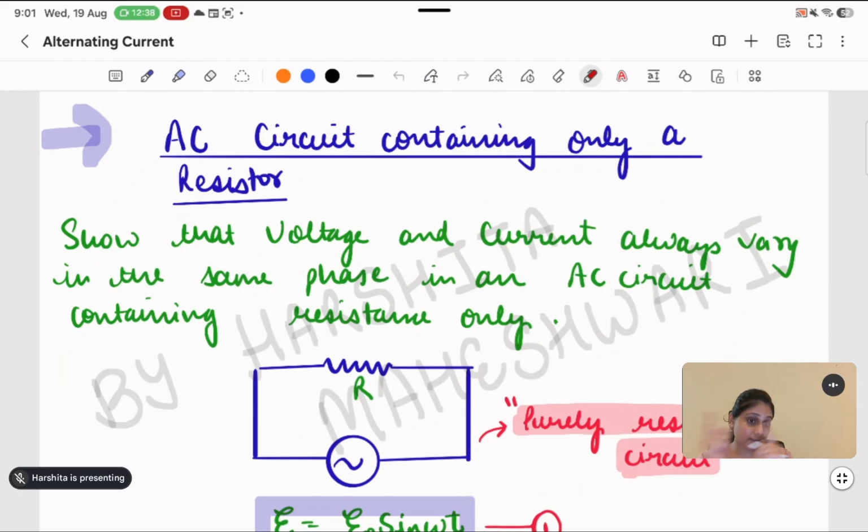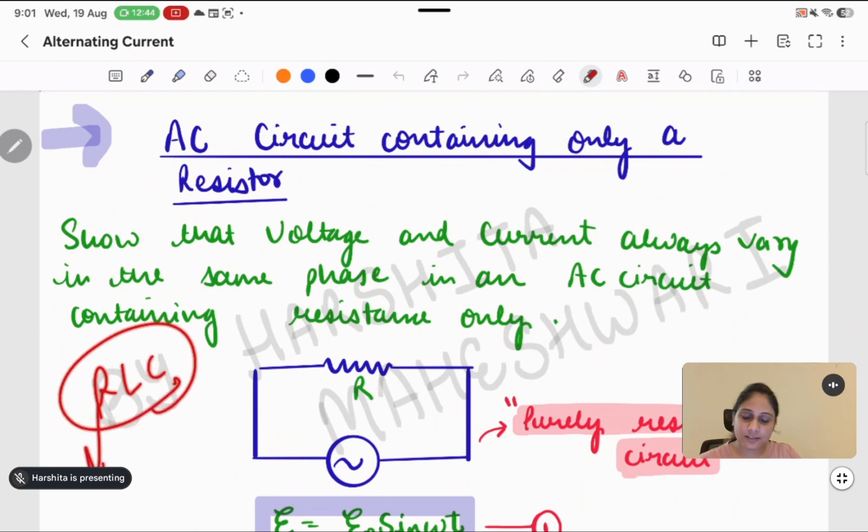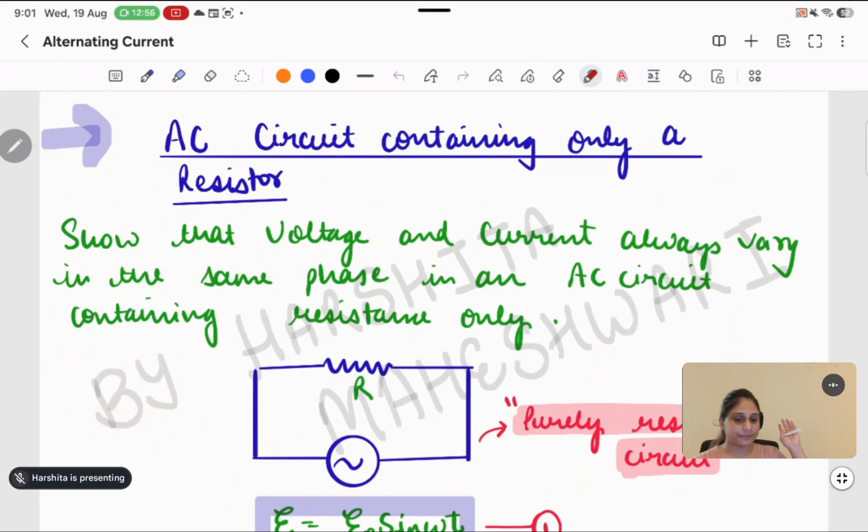Like first resistor and inductor, right? That's why we will be calling it an RLC circuit. Either of resistor, either of inductor, either of capacitor. Then the second combos will be of two, like RL circuit, LC circuit, RC circuit, right? And the third one will be taking all three at a time, that is RLC circuit.